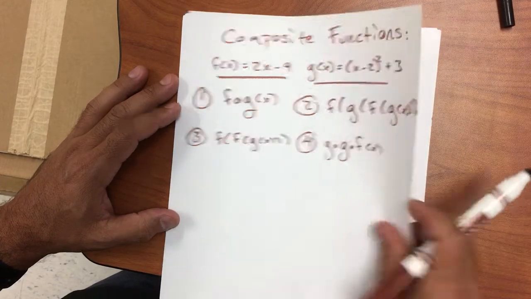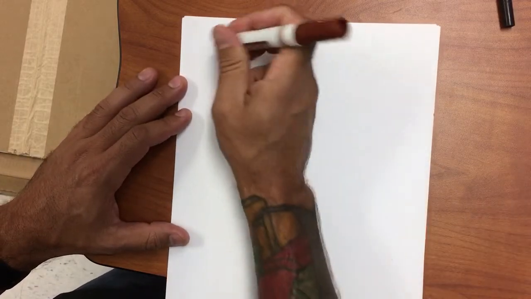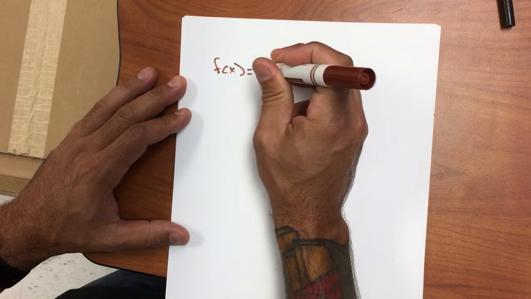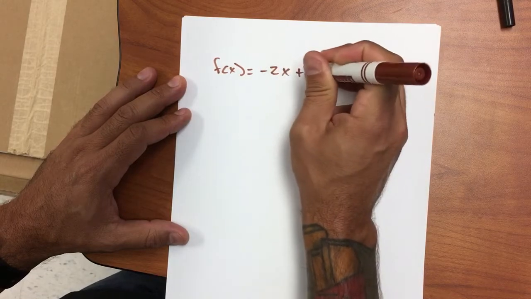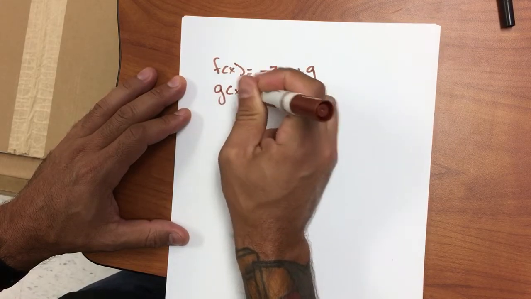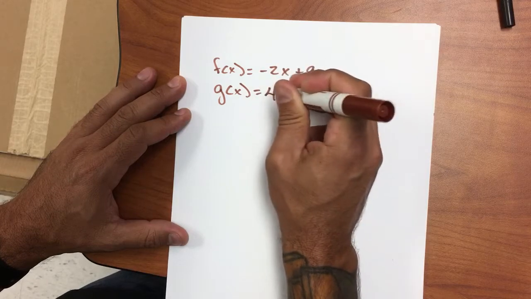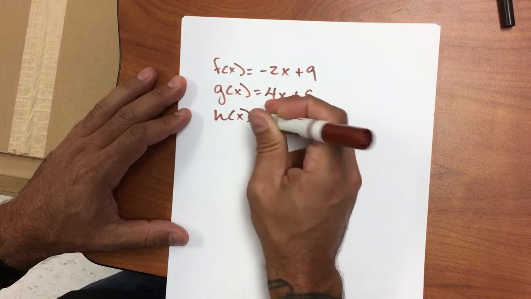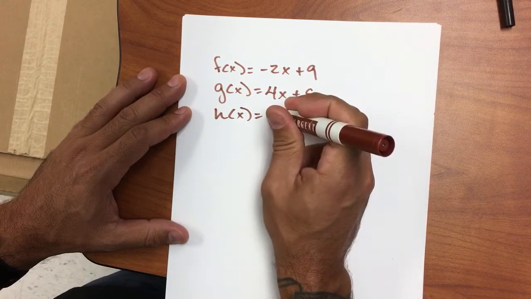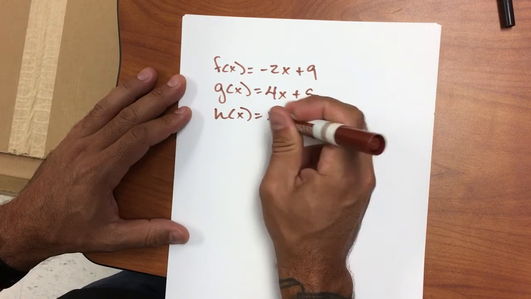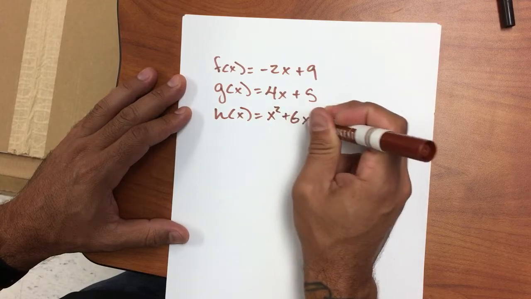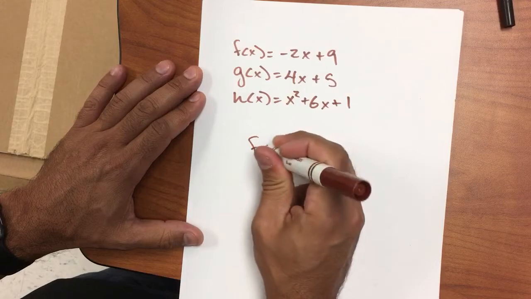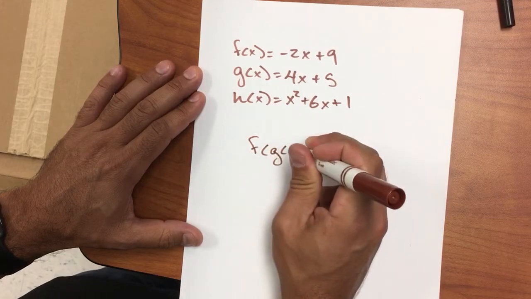Okay, so I'm going to show you guys kind of how to do this. What's going to happen is you're going to have a couple different functions. I'm actually going to do 3 of them. I'm going to do 2 linear and 1 quadratic. So what you're going to see is you're either going to see f of g of x